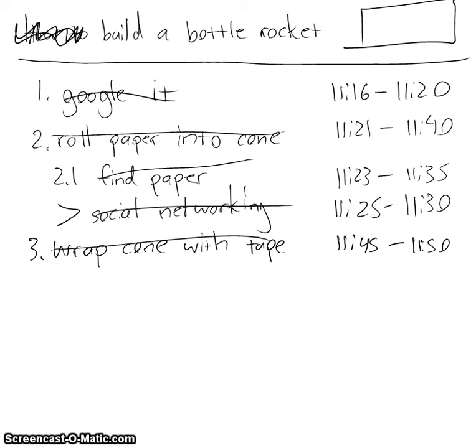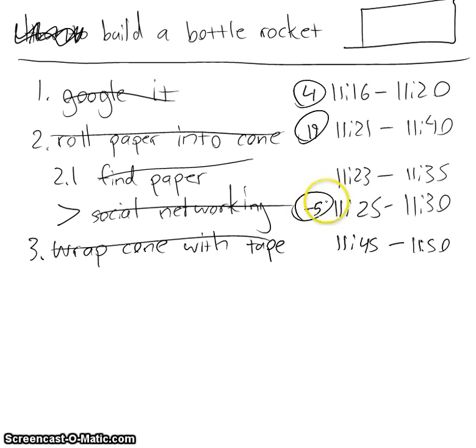We'll start with Googling it. That took us, it looks like, 4 minutes. Then we have where we rolled paper into a cone. Looks like that took us 19 minutes. But for the roll paper into a cone task, we were interrupted during that task by social networking for 5 minutes, it looks like. We're gonna make that a negative number so we can subtract it,